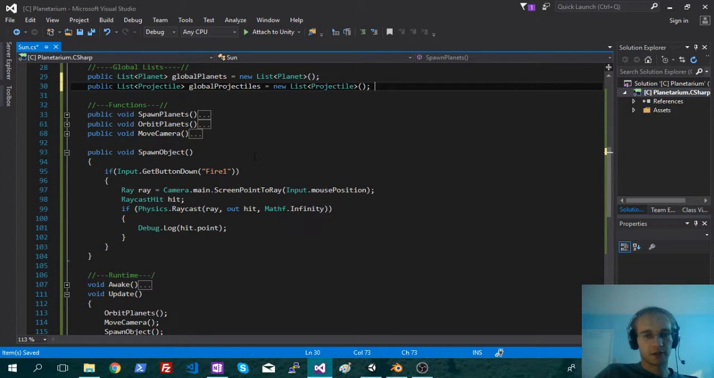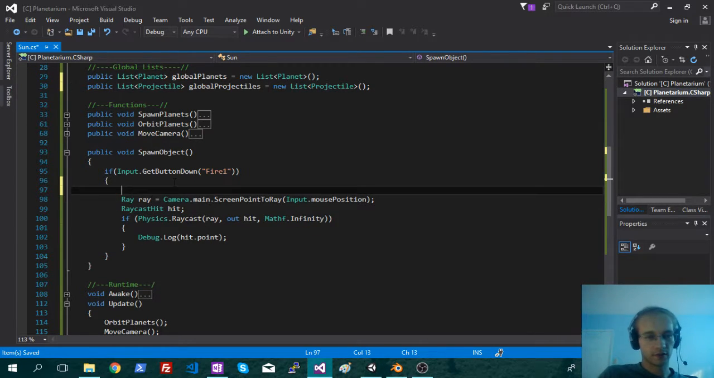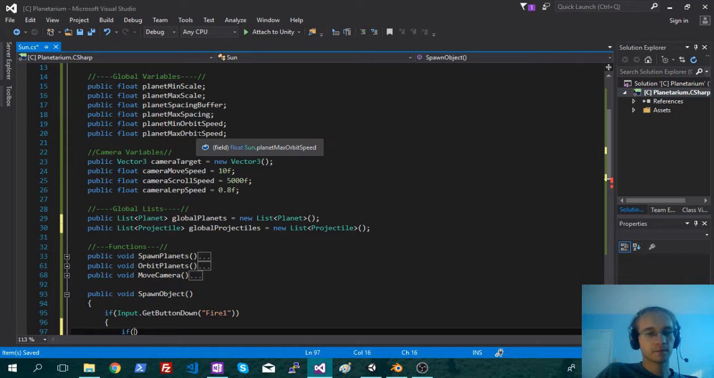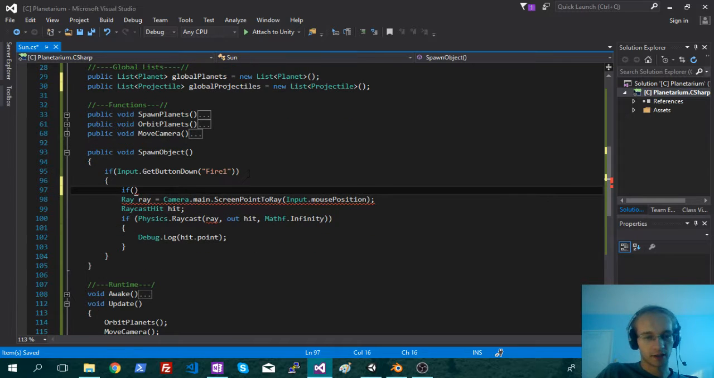So in our spawn object, we're going to want to first check and see if where we clicked is good. Okay, so first it's going to say, did we click down? So if yes, now we're going to say, okay, is the distance between the center and where we clicked the distance of our max, what did we call it here? Our planet max spacing. So we want to make sure it's far enough away that we're not going to hit any planets yet. So if vector 3